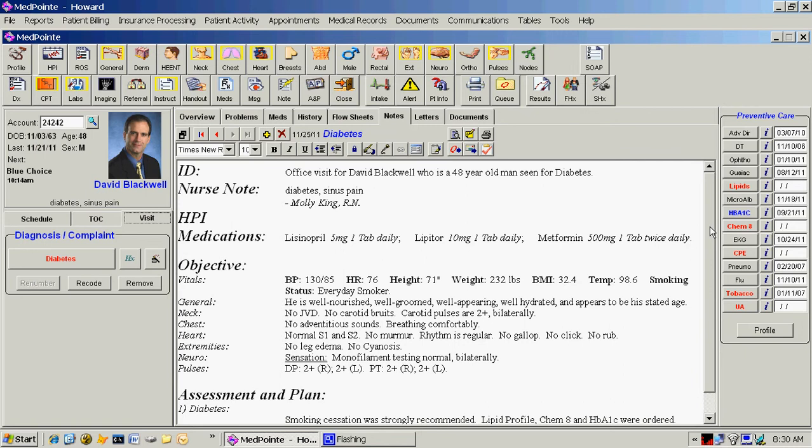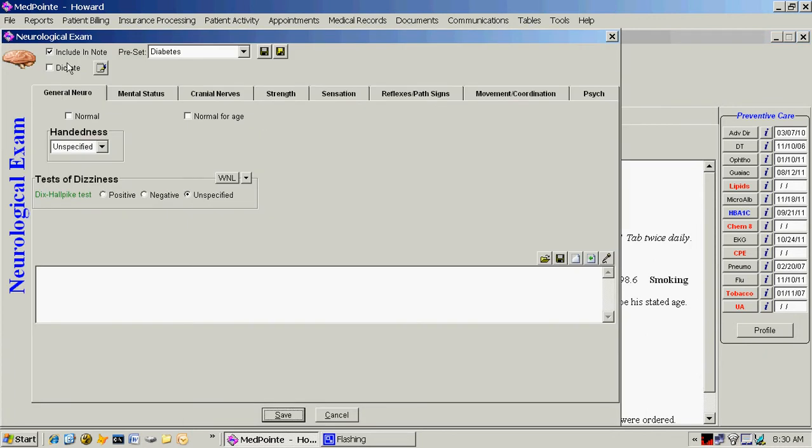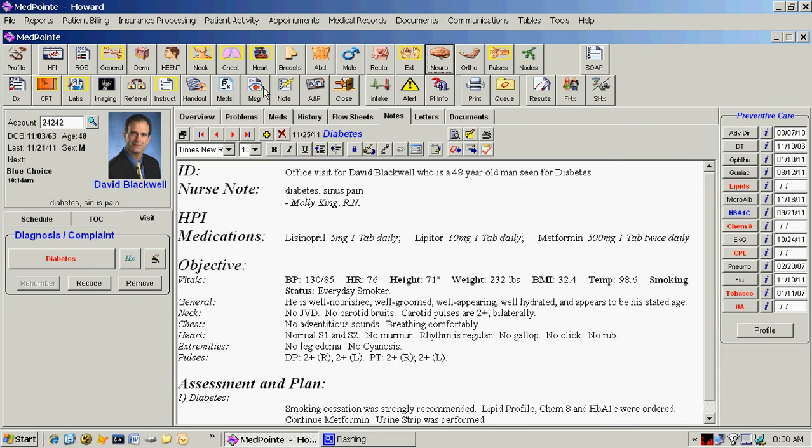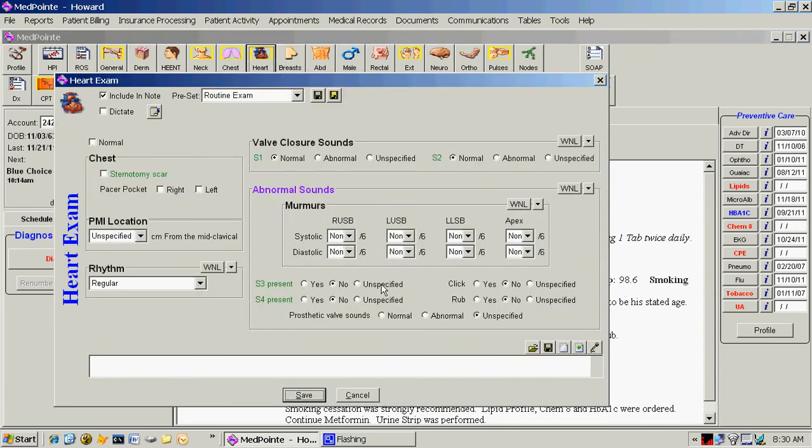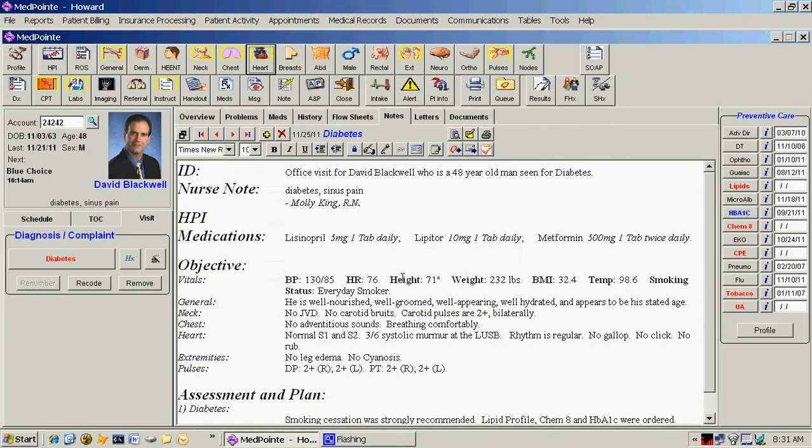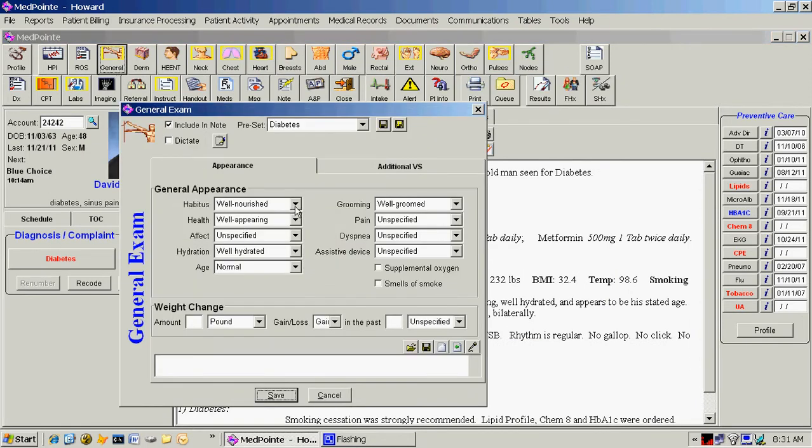And so you can see that just by a couple of clicks, it is already beginning to build my note, and it's got a really good start to doing that. Now I can see that my normal diabetic exam includes a foot exam. I didn't do that today, so I want to take the foot exam out of my note. And I also notice that the patient has a murmur, so I want to document the murmur. Also, this patient is obese, and so I want to make that change to this patient's